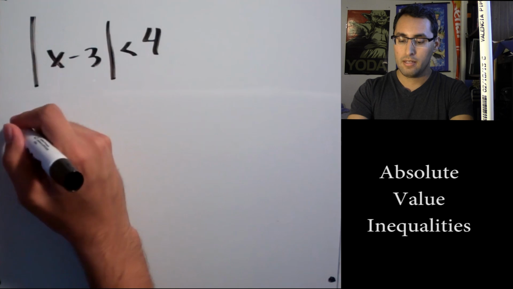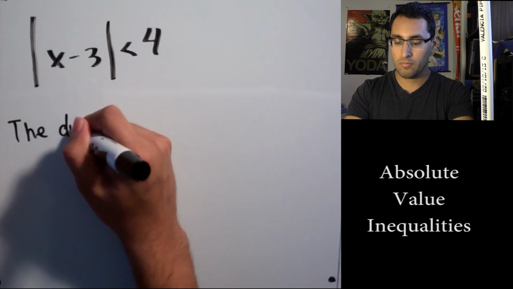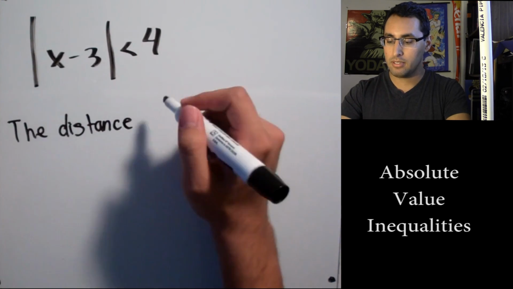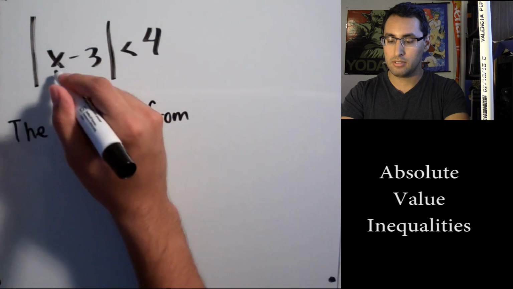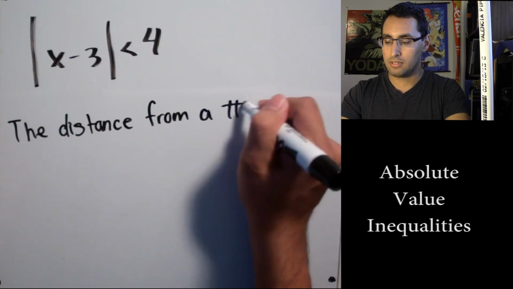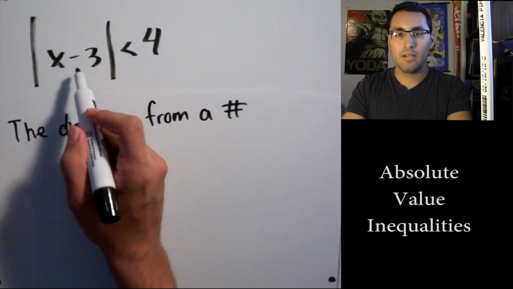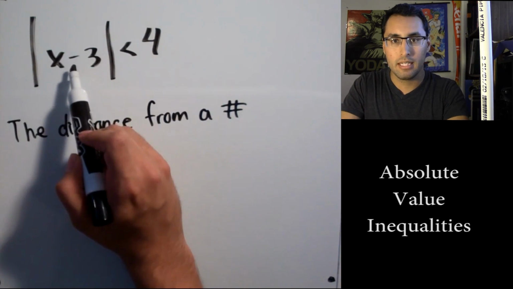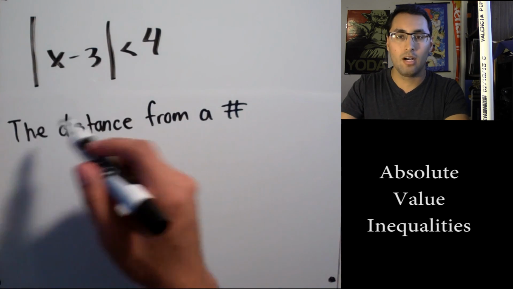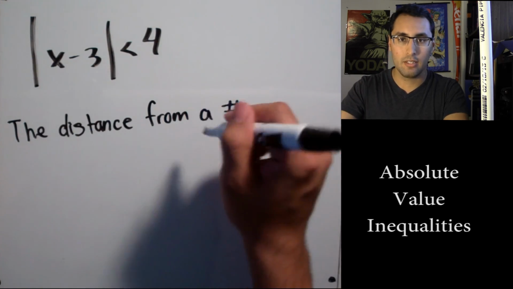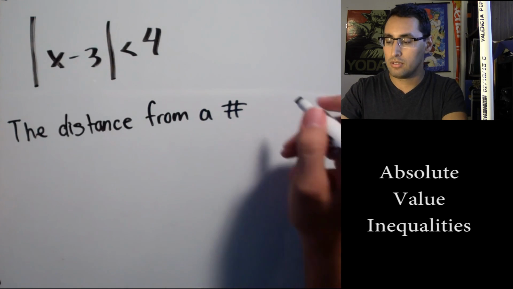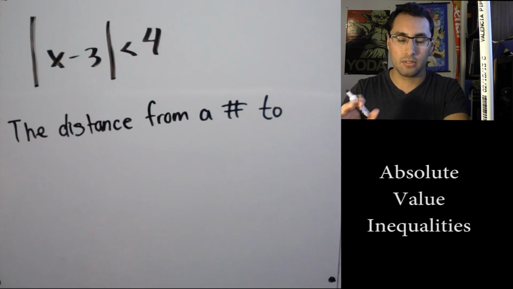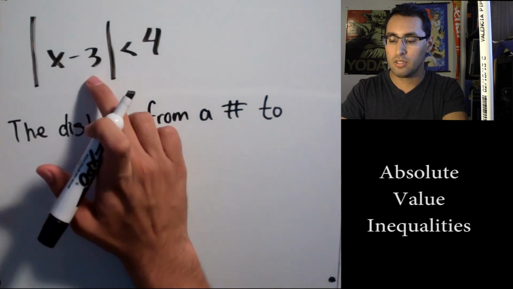So I'm going to write the distance from a number. Instead of writing x, I'm just going to put number. Now, in a distance statement, what's absolutely critical is that there needs to be a negative sign here. What that negative sign represents, I don't say negative sign or minus sign, it represents the word to. Normally I would go through a lot of stuff, but I'm going to try to make this video as short as I can. So, distance from a number to 3